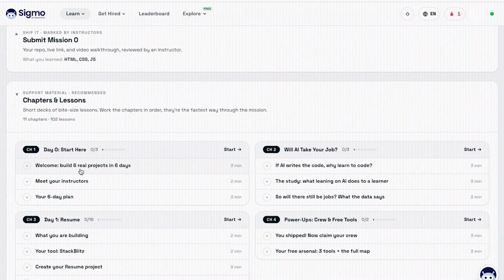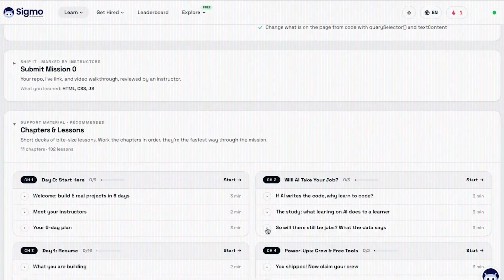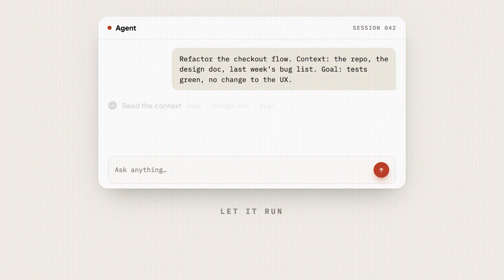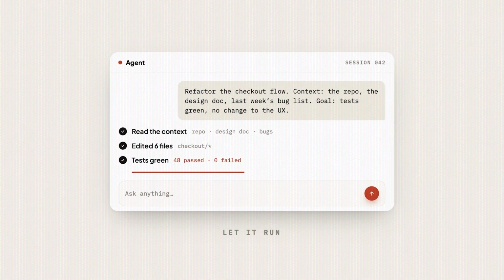I run a software product and we have this leveling system in my AI native learning portal. It's called Sigmo.dev. It's a platform that I'm building and maintaining for my students at Sigma School. It's a pretty straightforward feature. XP goes up, you hit a threshold and you level up, okay? And I did what I always do, which is that I describe it properly, give it context, set a goal and let the agent run. I came back later and it said that it was done. I tested it, it looked good, right?